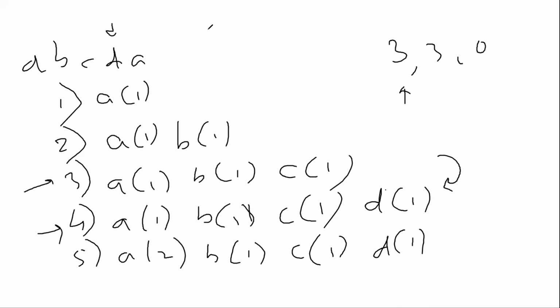So A1, B1, C1 will go away, and then I will get a string, or the matrix or array, of only D1. In that case, I will compare with my K. K is nothing, so I will return that I can create a palindrome. That is the way I was thinking about it.